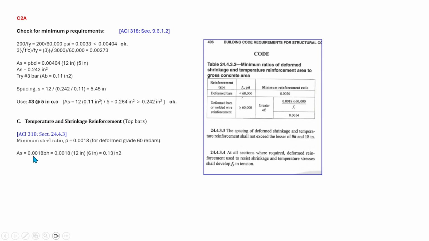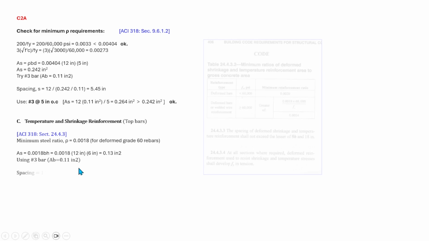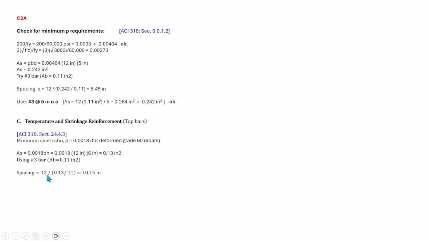So As is equal to 0.0018 times the gross area. That is 12 times 6 inches, which is equal to 0.13 square inch. So that is the required area for shrinkage and temperature reinforcement. Now if we use number 3 bars with an area of 0.11 square inch, so we are required to use the spacing of 12 times 0.13 divided by 0.11, that is equal to 10.15 inch. So number 3 at 10 inches on centers,